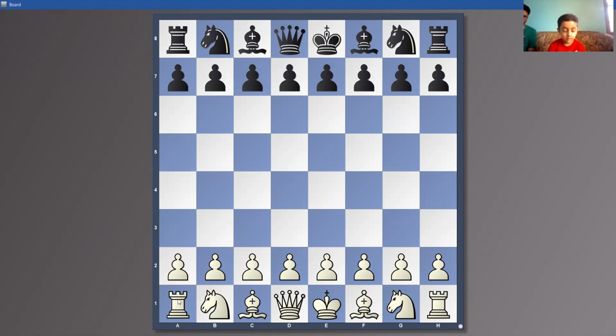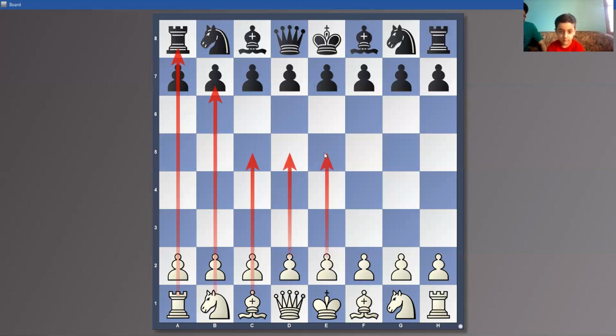So first, before you tell, I will just tell you a few basic things. Then it will be easier for you to tell. For example, you can see this alphabet A, B, C, D, E, right? And then you can also see 1, 2, 3, 4, 5, 6, 7, 8, right? So quickly, I will tell you these A, B, C, D, E, F, G, H are called files. If you see this A file, this is called A file, till the 8. This is called B file. In the same way, this is C file, D file, E file, F file, G file, and H file.